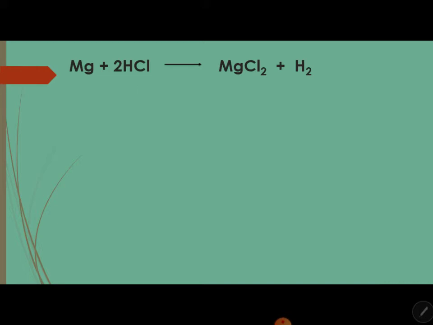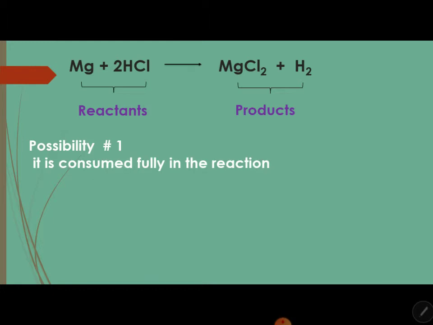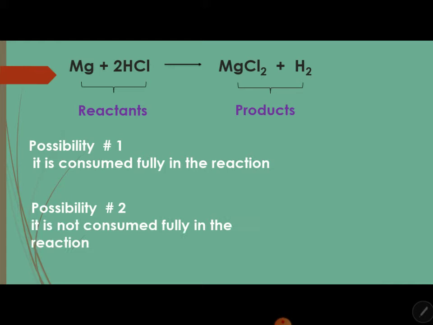Magnesium reacts with hydrochloric acid to give magnesium chloride and hydrogen. In this reaction, magnesium and hydrochloric acid are the reactants, whereas magnesium chloride and hydrogen are the products. At the end of the reaction, for each reactant, magnesium and hydrochloric acid, there are two possibilities. Possibility number 1, it is consumed fully in the reaction, and possibility number 2, it is not consumed fully in